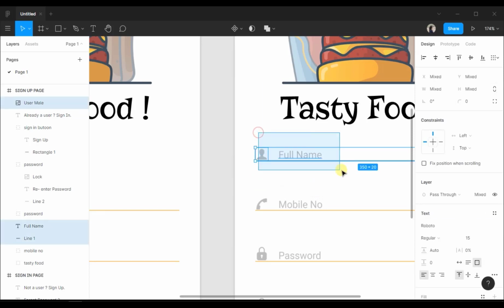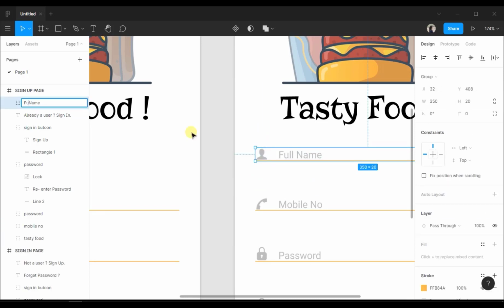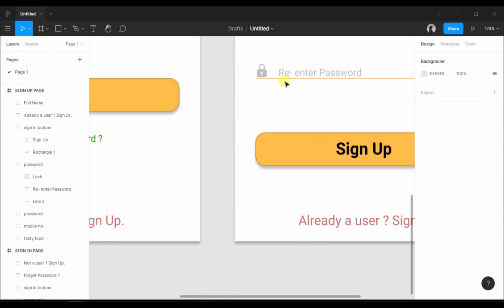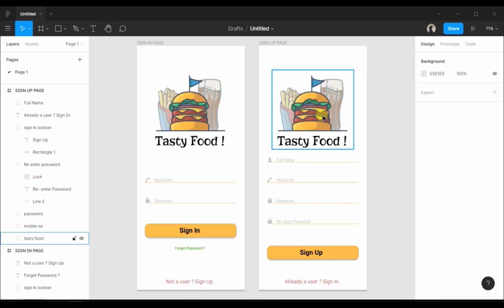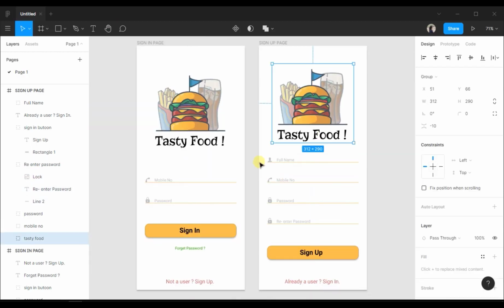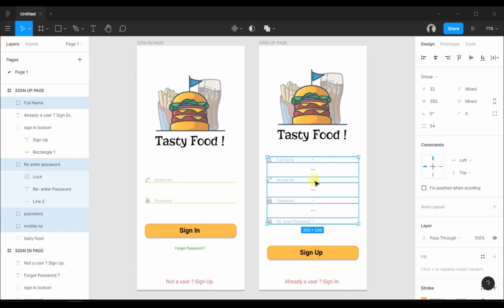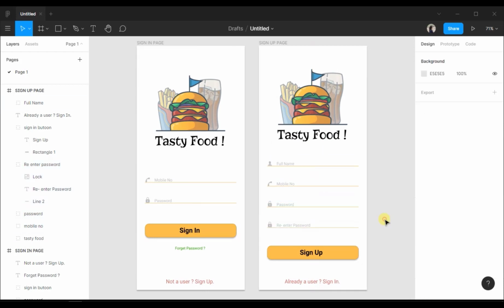Now again group this, full name, and this group, re-enter password. Let's adjust this image and all these fields. Cool. Now we are done with the sign in and sign up page for our online food delivery mobile application.